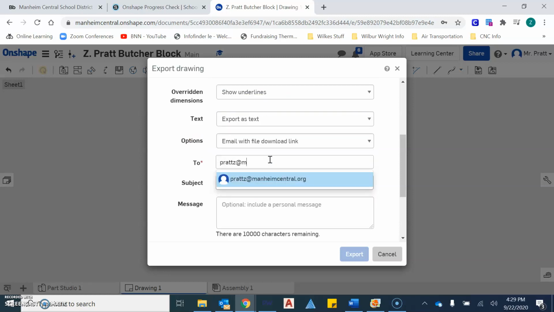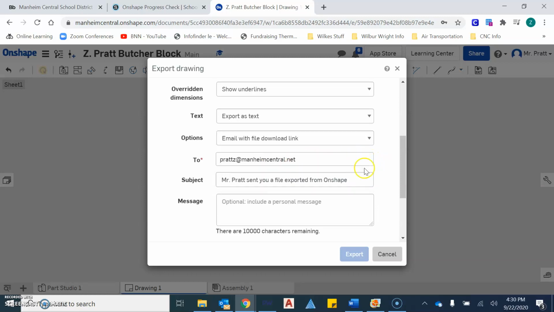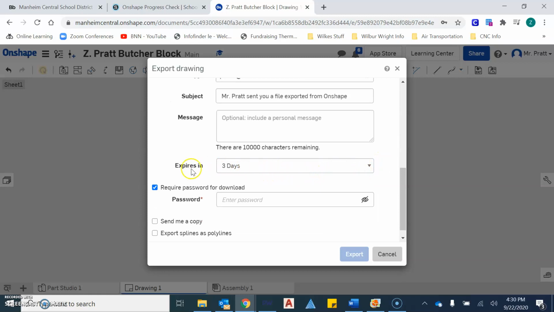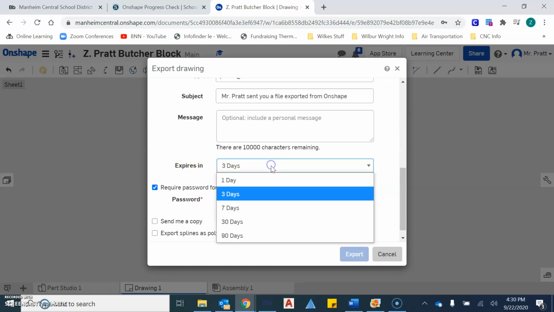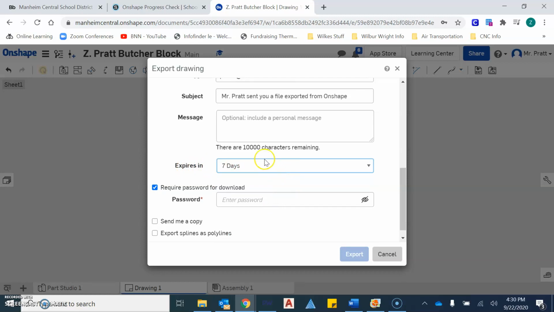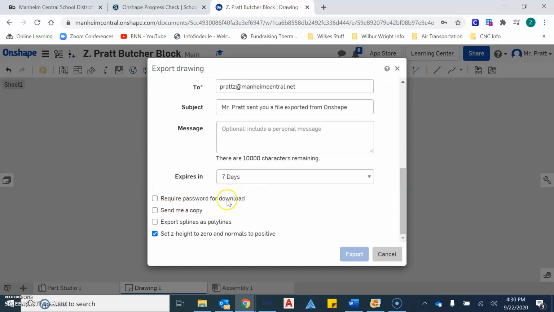So it may not appear. As you can see, my .NET email is not appearing. So I want to make sure that we type that in. So make sure that you include your .NET email. And the next thing you want to do is change expires in from 3 days to 7 days, just in case you don't get to using the file that you are saving, or downloading, excuse me, to our computers within the 7 days. Or in the next day, you'll be able to have a few extra days to do that. And then you want to make sure that you unclick Require Password for Download, and